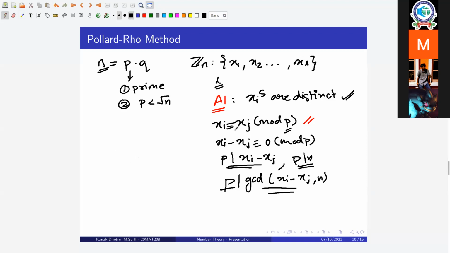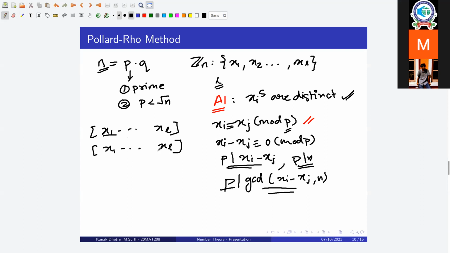So what I can do for that is, in some fixed length here that I'm fixing, I can just test for every range, right? So if I have, say, x1, so on and so forth up to xl, and then again I have the same set, right? So this is the same as running 2 for loops essentially, as we'll see. So whenever the index is not equal, I just take the difference and compute the GCD with n, right? That is one thing I can do. But we'll see when this has some problems. The other one is that xi's are distinct. So this runs into a problem of probability essentially.